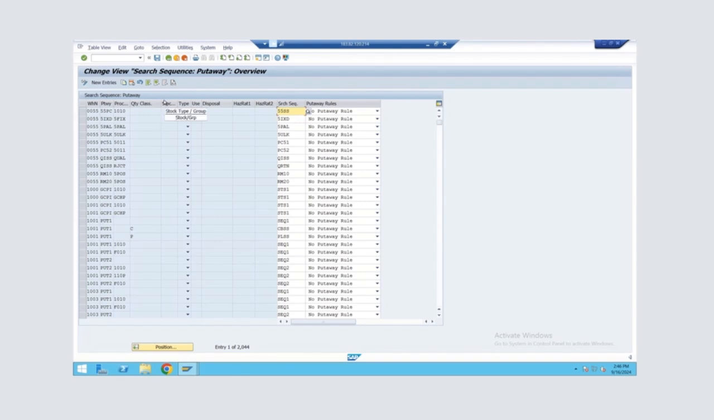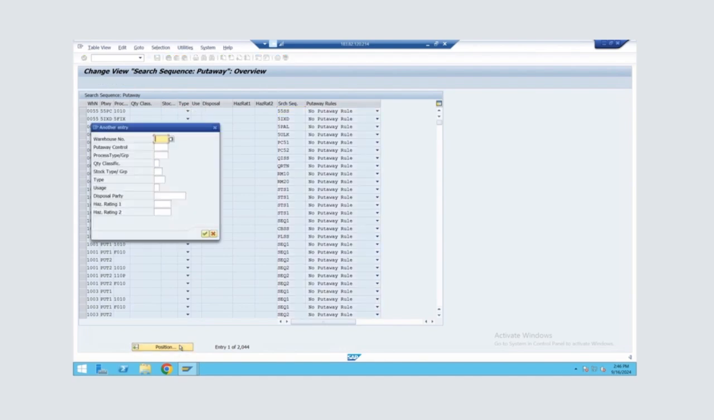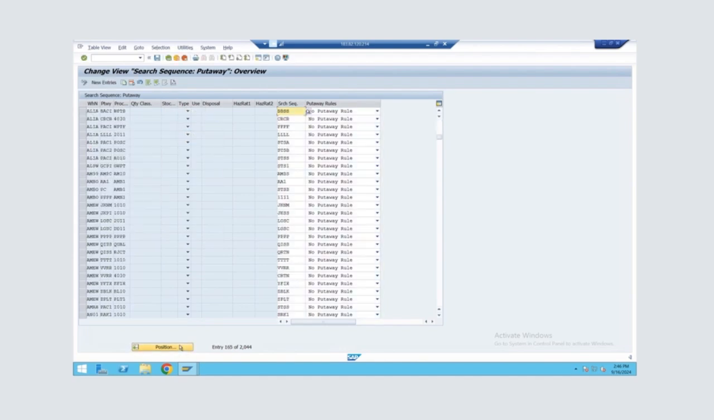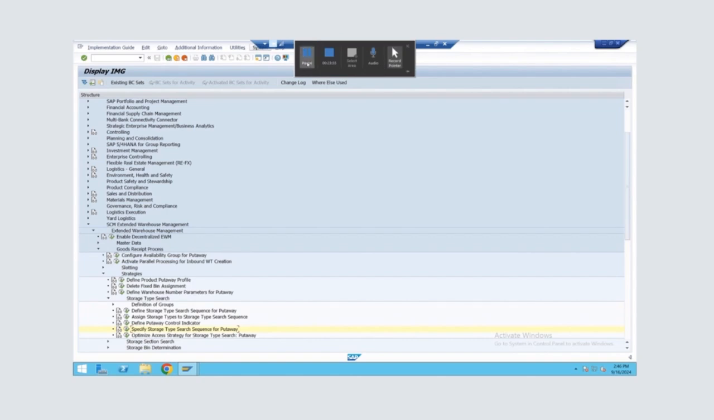So here you can see, let me go to position and show you the reference number. As you can see, the two things which I've done would be somewhere here. So you can see the warehouse number, control indicator, and the process type and the search sequence for both STSS is done. Okay, the put away strategies is done. Next is